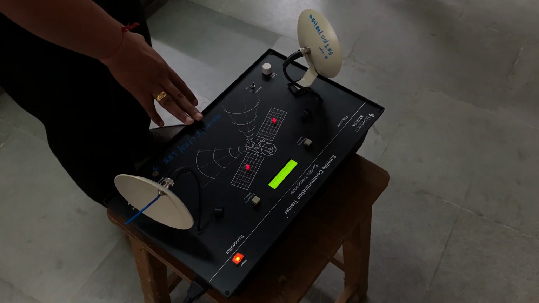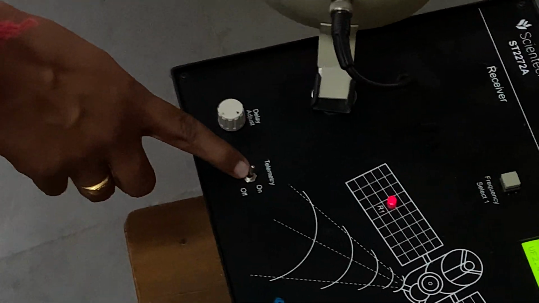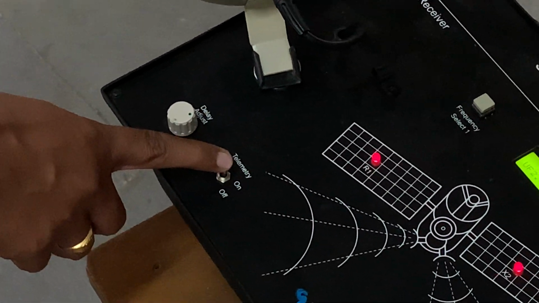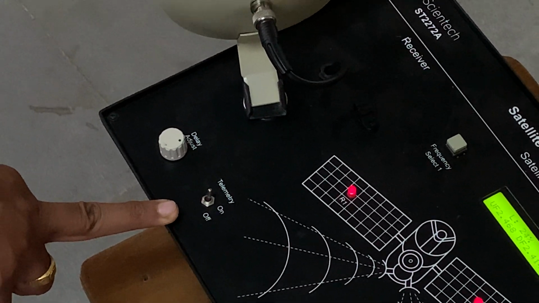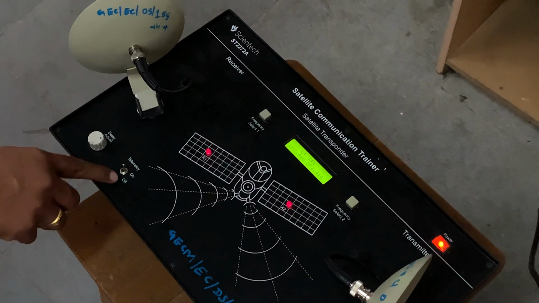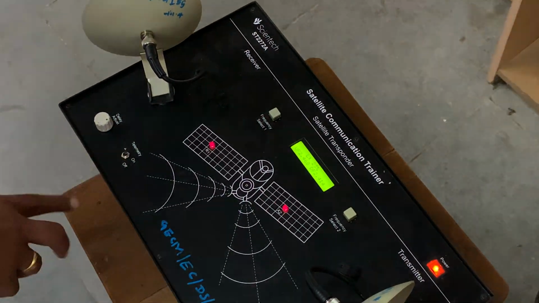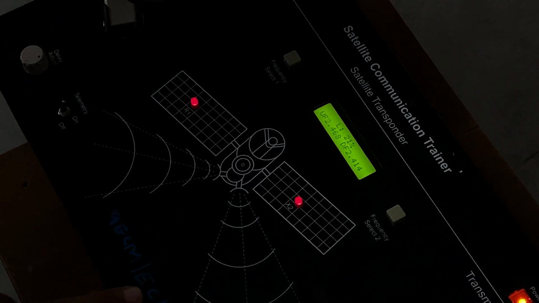This is the transponder. Now again here you can see the telemetry command. We have made it on, because today we are going to see the telemetry command, using the telemetry command for light intensity transmission and reception. So keep it on. Also keep in mind that you should power on this trainer board from this switch and from the main switch also before operating this particular trainer board. The same instruction applies to the uplink transmitter module.